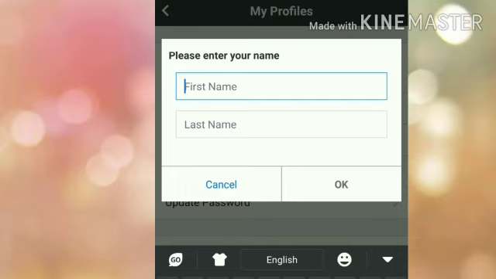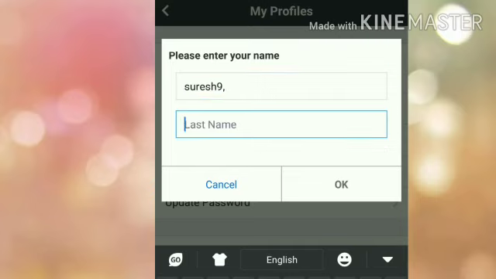For example, if you are studying in 9th standard and your name is Suresh, type Suresh and next to that type 9. This means Suresh is studying in 9th standard. Come to the next box and type Magesh, who is studying in 6th standard.